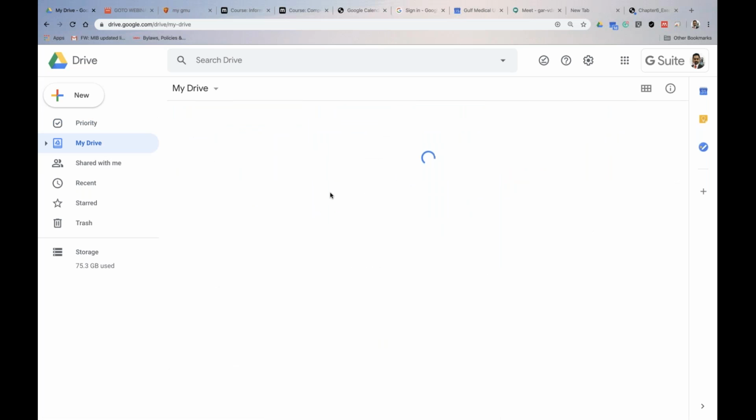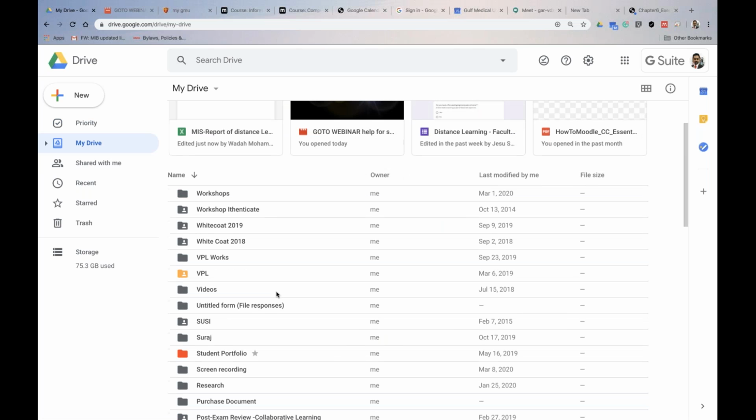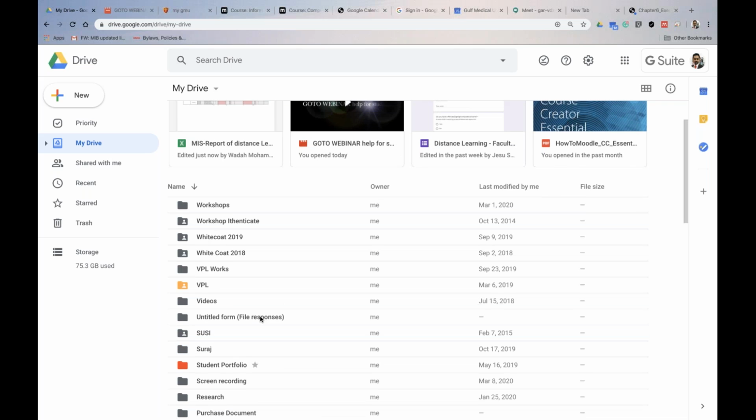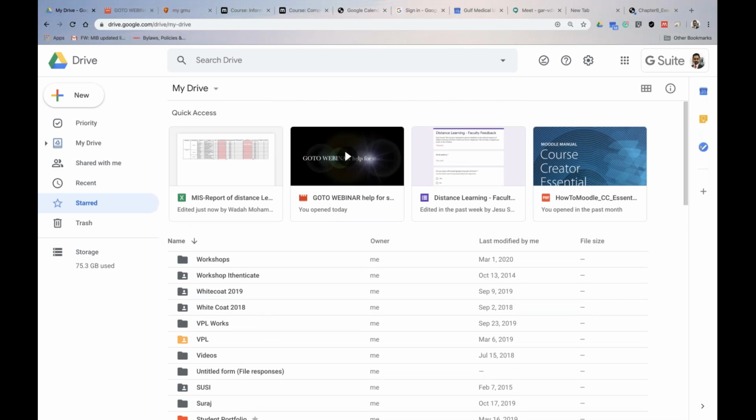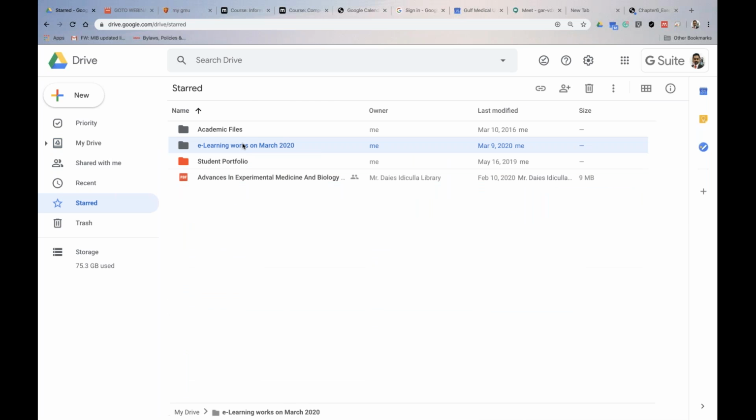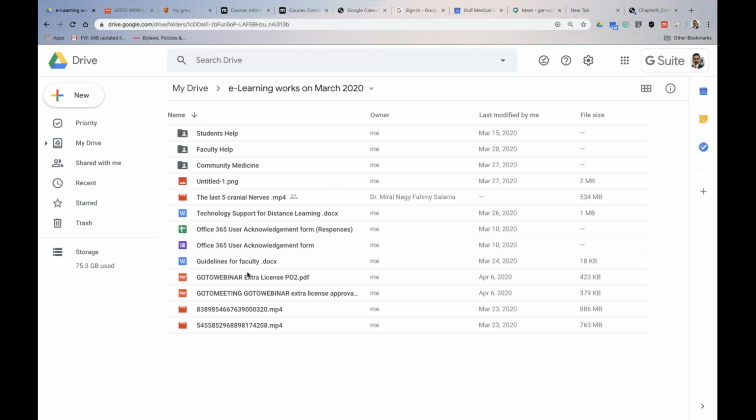So once the PDF is available in your Google Drive, for example, I have some PDF which is right here. So, let's take an example of this PDF. So when you have,